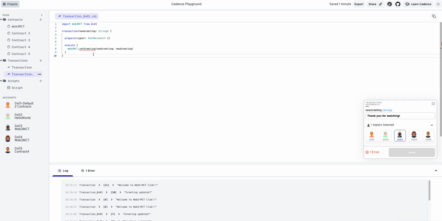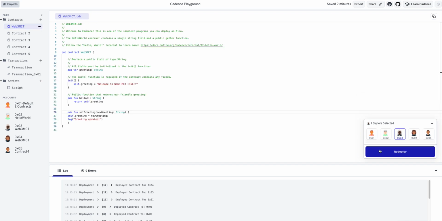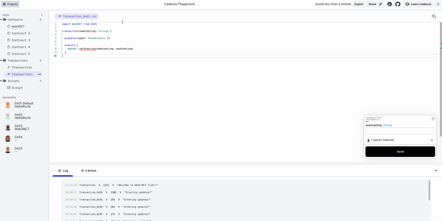Now we need to make sure. You can see that our Web3 has no member, set greeting, unknown member, right there. We have to redeploy because we need to change the name. Now we should be good. We redeployed it to 3. Transaction here, from 3. Let's put our, what did I say? Thank you for watching